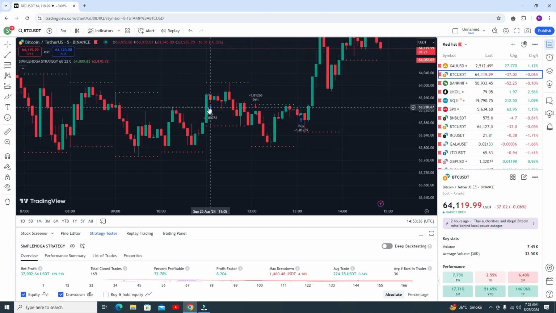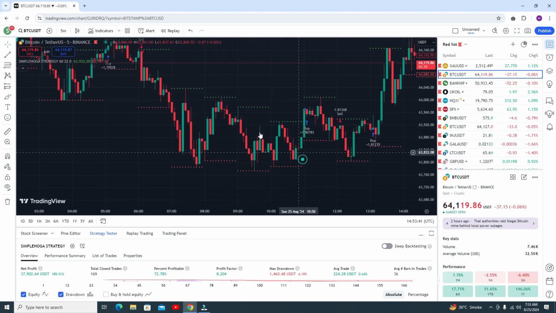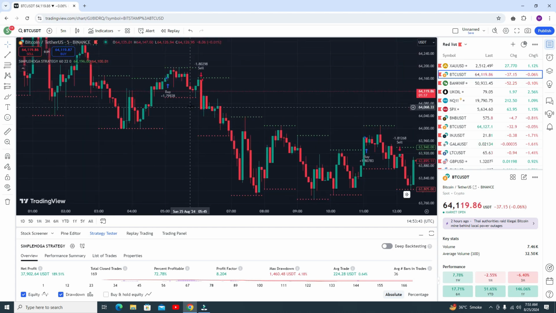This is the buy position. Okay, it's not giving you the profit. But here you can see this sell position giving you some awesome profit, the first take profit and the second take profit. And you can go to the sell position from this point again, because you are getting sell signals, so you need to go for the sell position from this point, from this point, and from this point. You are getting consistent profit.